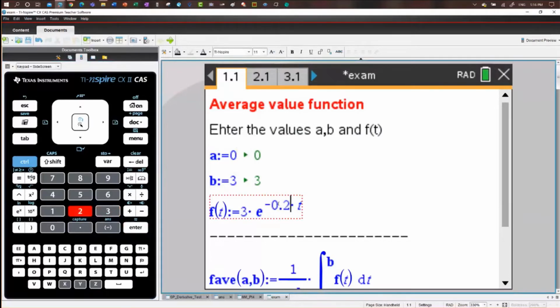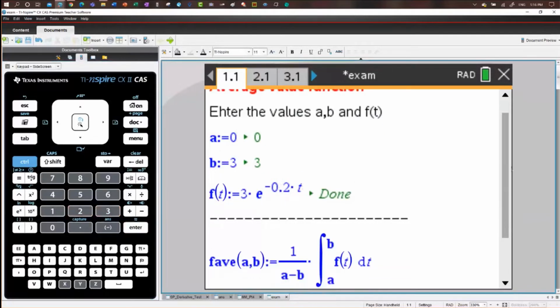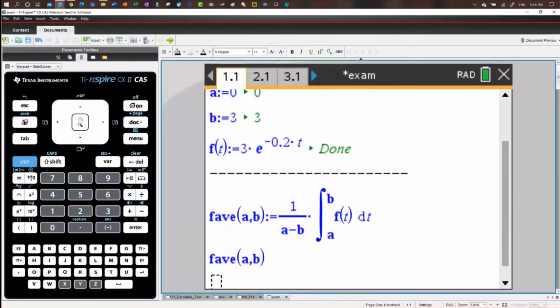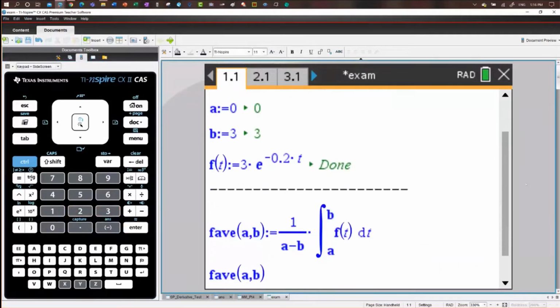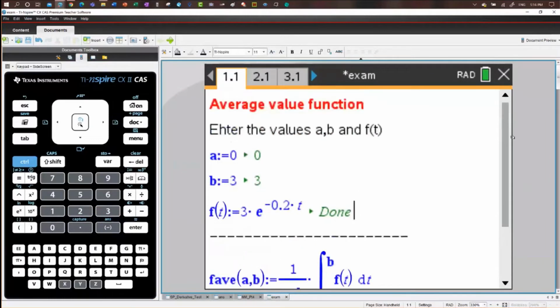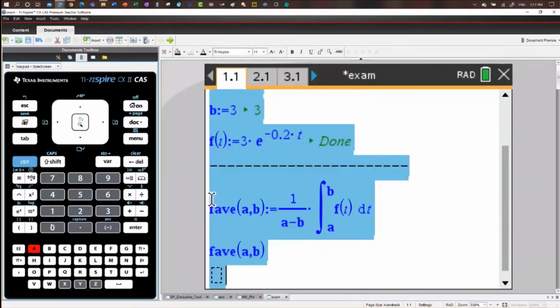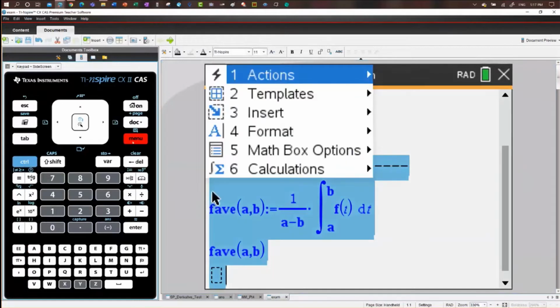And again, do not forget to press Enter. Okay, now we still notice that the formulas that we said below that we would not touch are not activated. So what we could do is we can go Control A, which is the Microsoft command, select all, so Control A. And then we can go menu, and this is on the notes page, number 1, which is actions,